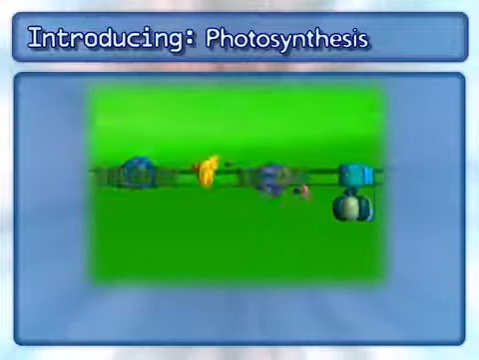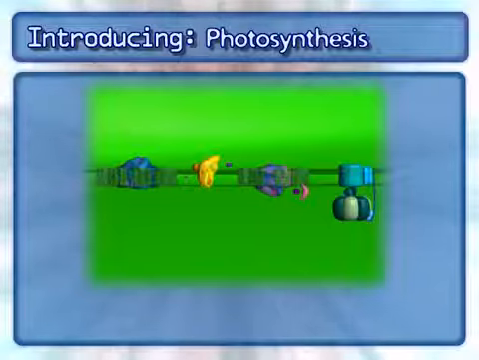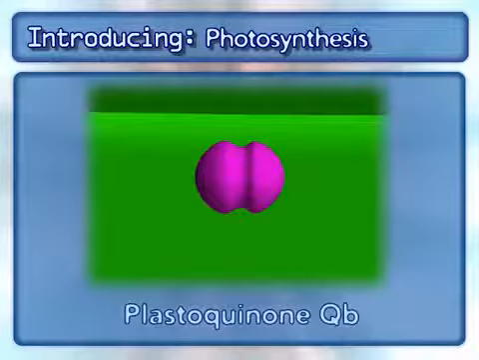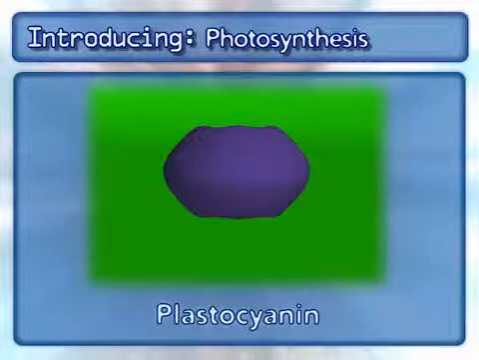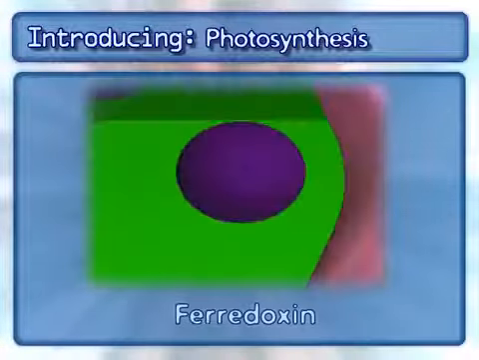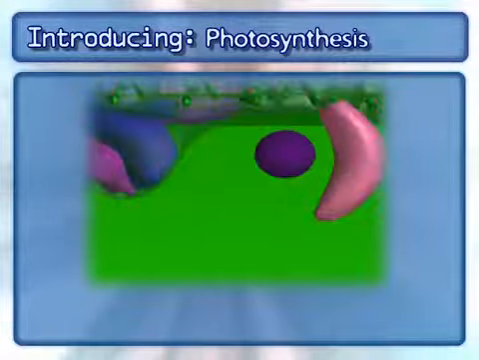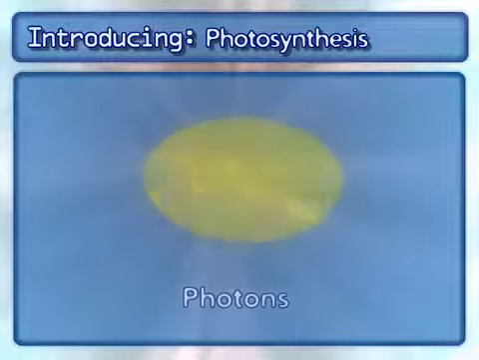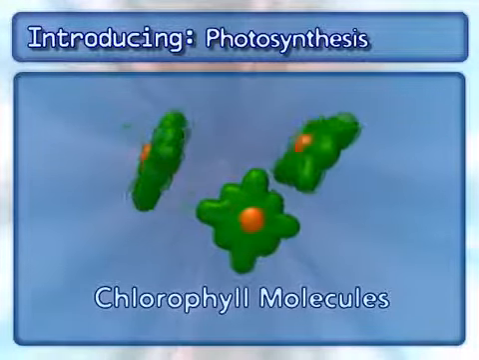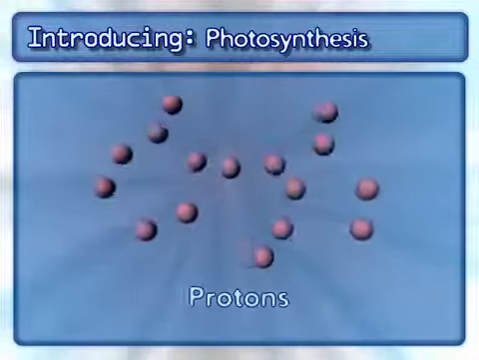In addition to the complexes, 3 mobile carriers are also involved: plastoquinone QB, plastocyanin, and ferredoxin. Other key components include photons, chlorophyll molecules, protons,